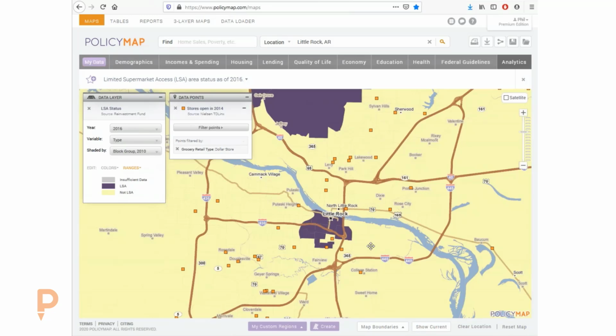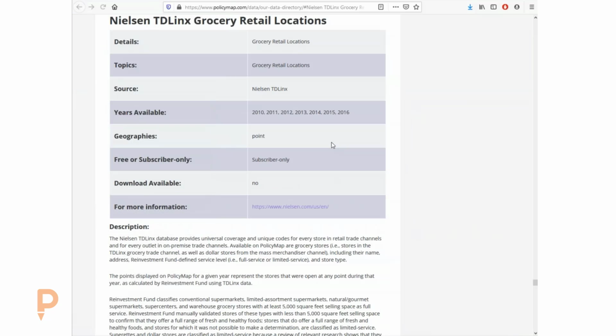Yeah, and our problem was that they didn't distinguish that type of store in their data. So at that time when we were buying grocery retail locations, it was a company called Trade Dimensions, and they actually got bought out by Nielsen. If you've ever heard of the Nielsen ratings for televisions, it's the same company. They are just buying things up. And so Nielsen bought store locations, and they actually bought business locations across the US.